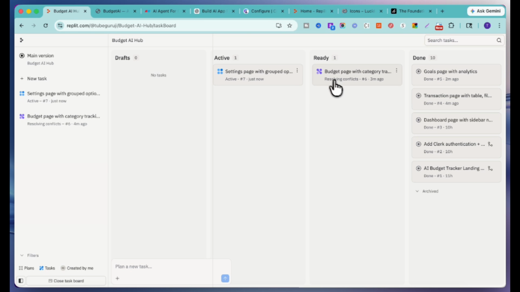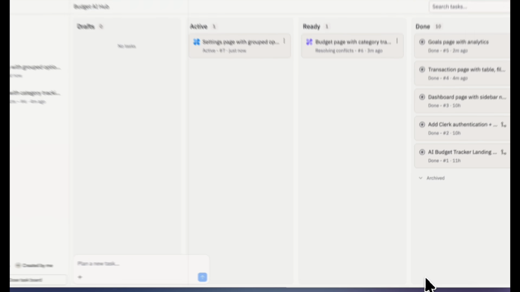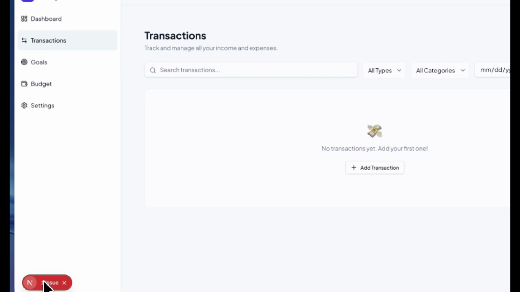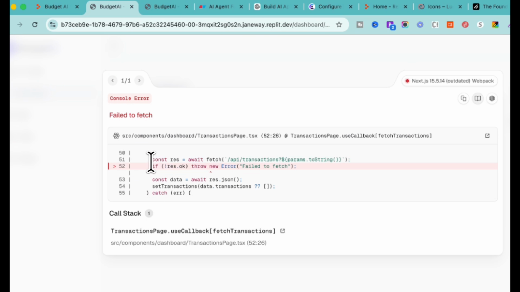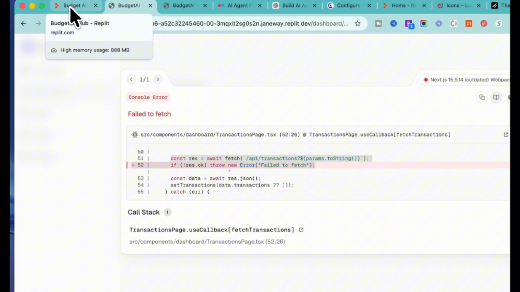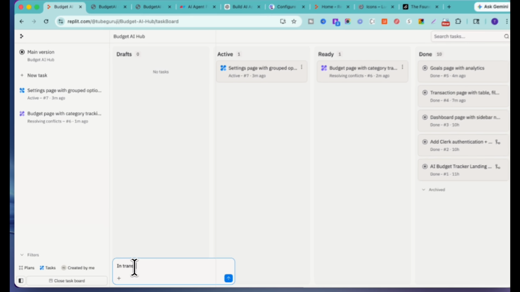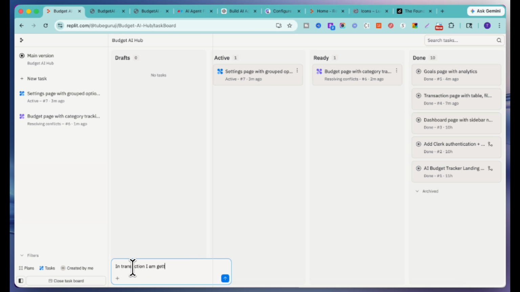Obviously in the ready state now we only have one task which is getting applied to the application. Now in the meantime, whichever error we are getting inside the transaction, we are also getting it from Next.js, so just inform the AI model to fix this issue. So you can add a task for it and then it will fix it. So here we can say in transaction I'm getting an error, and then paste this error. Even I'm getting an error while adding a new